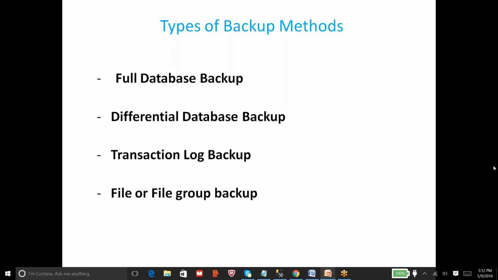Navnita, I didn't understand your question. Where do they save differential backups? You mean where do we back up, or where do we write those backups? If that is the question, we do keep all our backups in some network location.